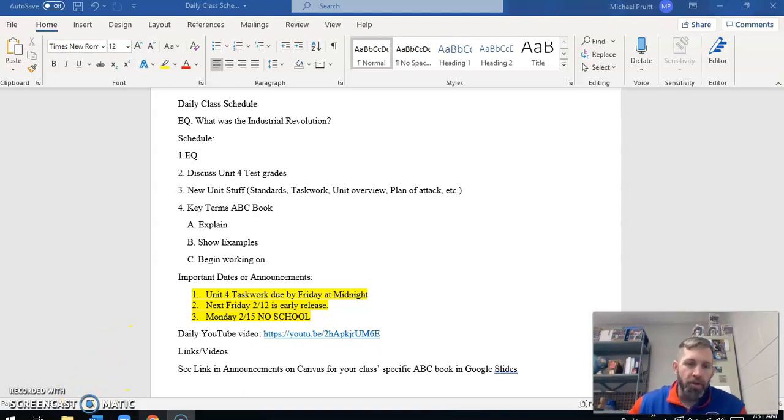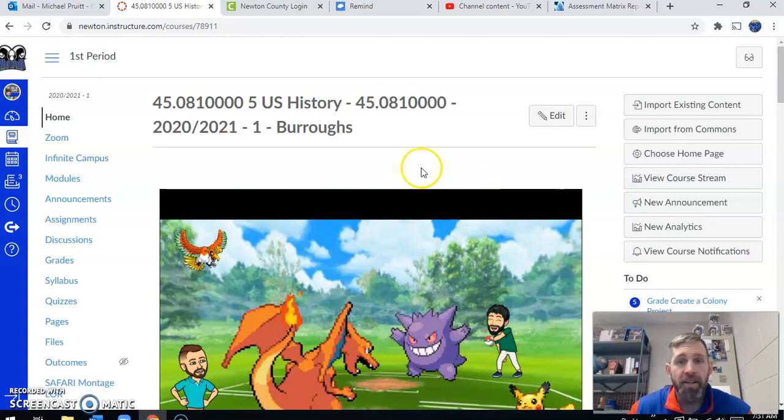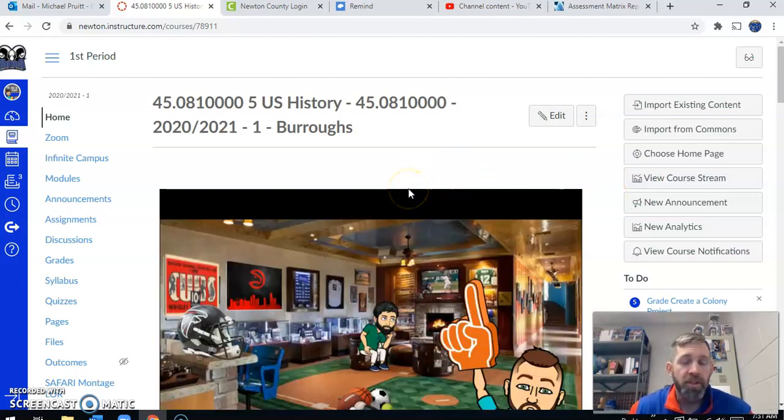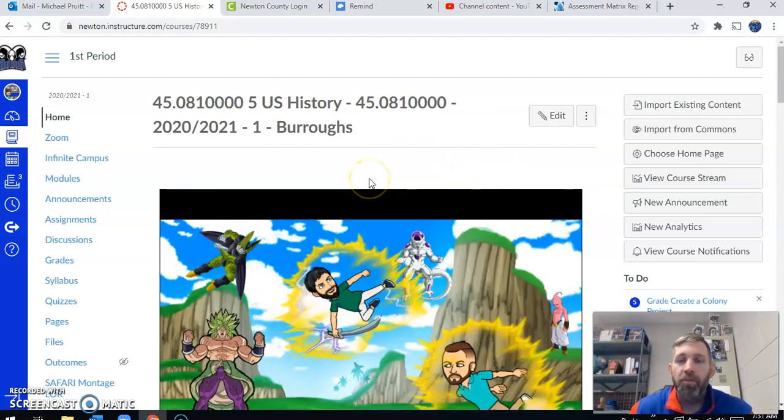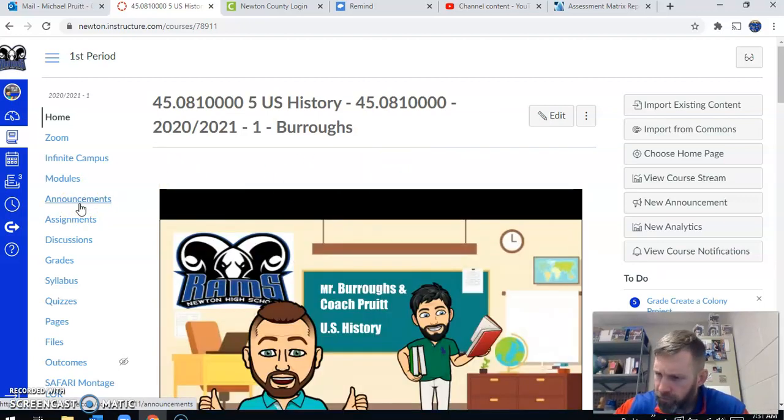So what we're going to do first is go to our Canvas page. Now, this assignment is not a part of the module. It is a part of task work, but I didn't want to put it in the module because I thought that might be confusing. So we have put it in the announcements section of your Canvas page. To get to this assignment, you have to go to the announcements page. So if you click on announcements,